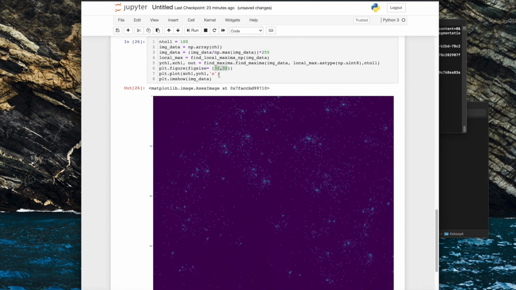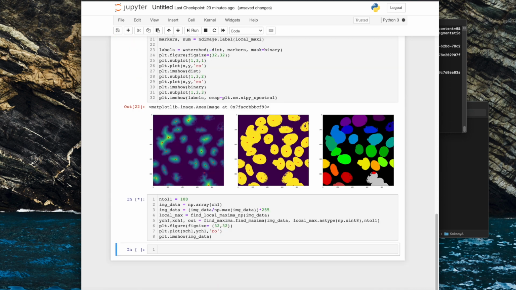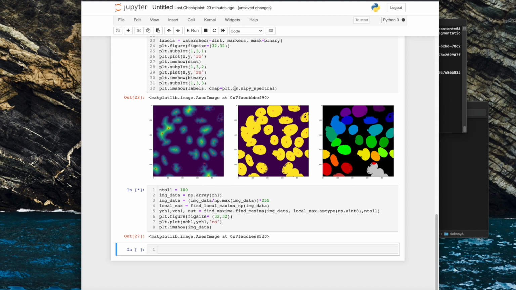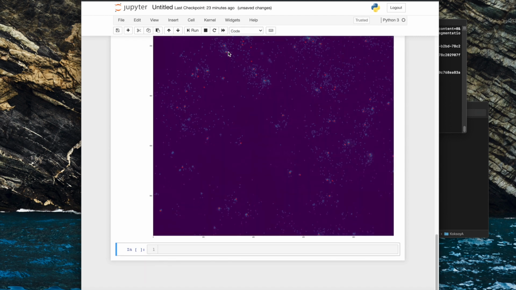So let's make it red, try it again. So you can see that the brighter blobs have now been identified